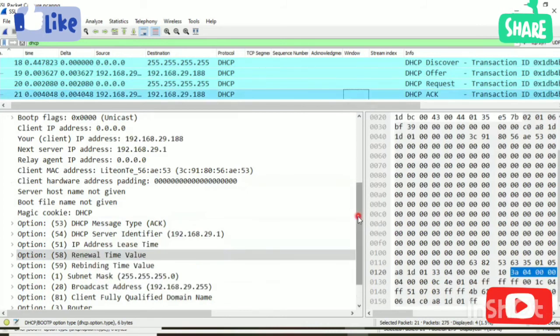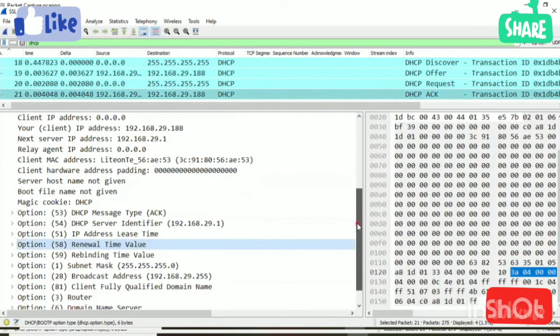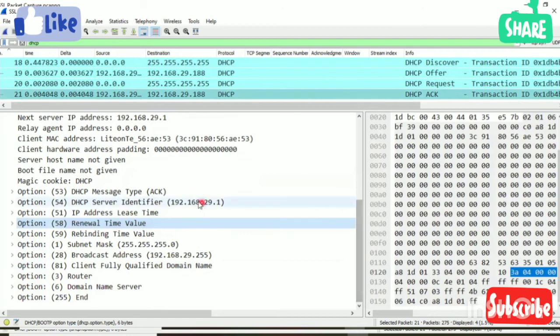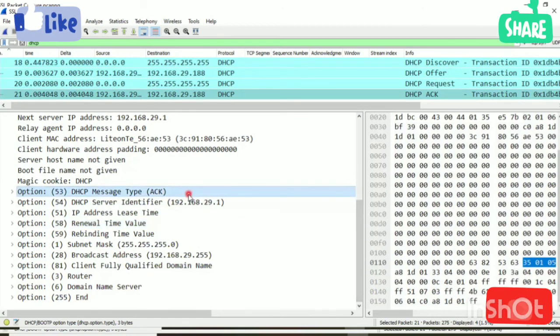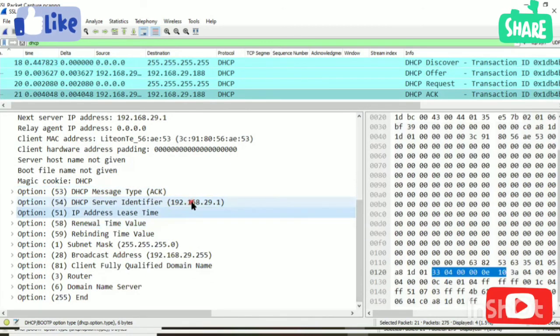Then the acknowledgement. It's nothing but it's sending the offer again, with a small change: the message type has been changed to ACK. So it has the same information, with only a small difference.